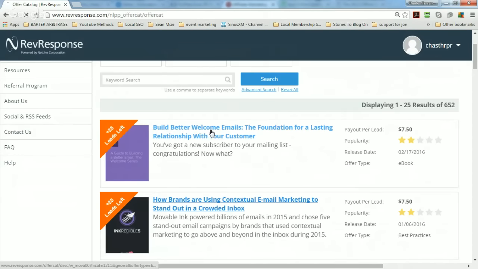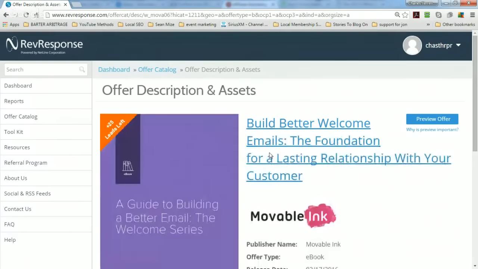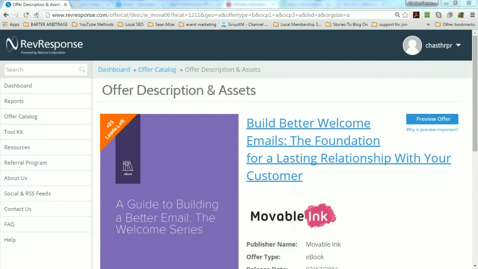So what I'm doing here is, if you already have people coming to your summit, how much does it cost the customer to get these offers? How much does it cost your prospects to get this offer? Okay, everything on Rev Response is going to be free to your customer.